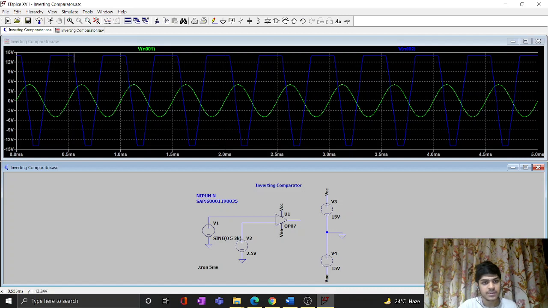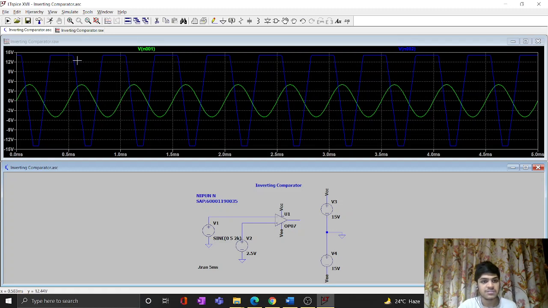Ideally, it should be immediate, so it should be a straight line, whereas we get a slight curve, and it takes time to switch from positive to minus VSAT. This is because of the a bit higher slew rate of OP07. At higher frequencies, the slew rate increases, and that is what causes the distortion in the output wave.